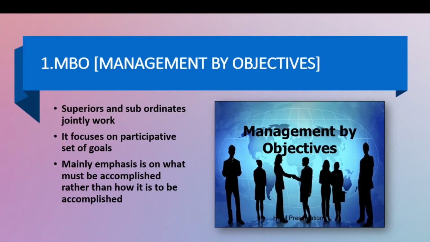First, let's start with MBO. It is nothing but management by objectives. This is a process by which the superior and subordinate managers of an organization jointly identify the common organizational goals, define each individual's major areas of responsibility in terms of results expected of him, and use these measures as guides for operating the unit and assessing the contribution of each of its members.